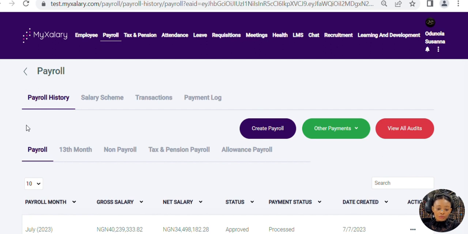In order for you to have a smooth payroll, we've decided to have this session for all our clients so that they can have a smooth payroll on the platform. So I'm going to be taking you through the payroll setup. In order for you to have a smooth payroll run on MyXalary, you first of all need to do your payroll setup. With the payroll setup, we've been able to achieve creating a payroll workflow on MyXalary, considering the fact that